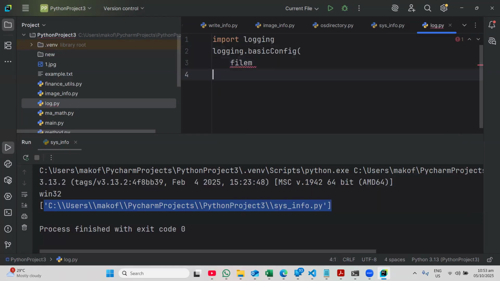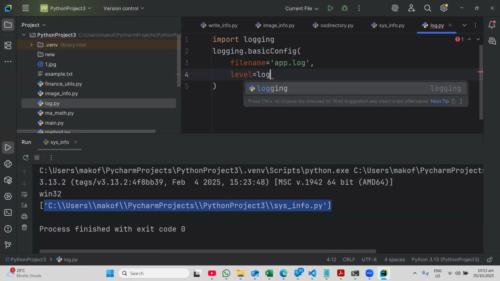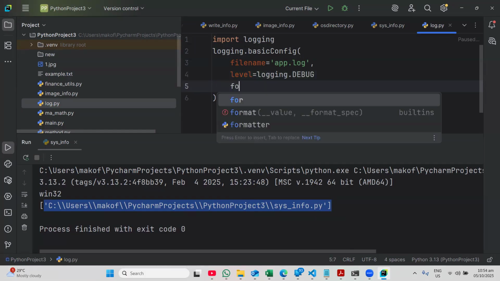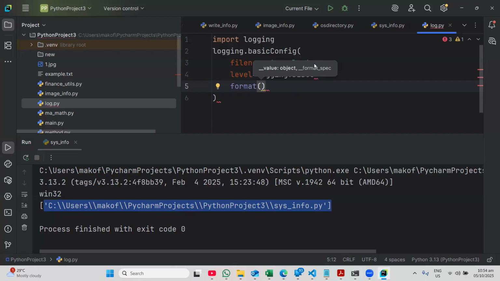So my file name is going to be app.log. I can say the level is going to be logging.debug. And I can say the format is going to be